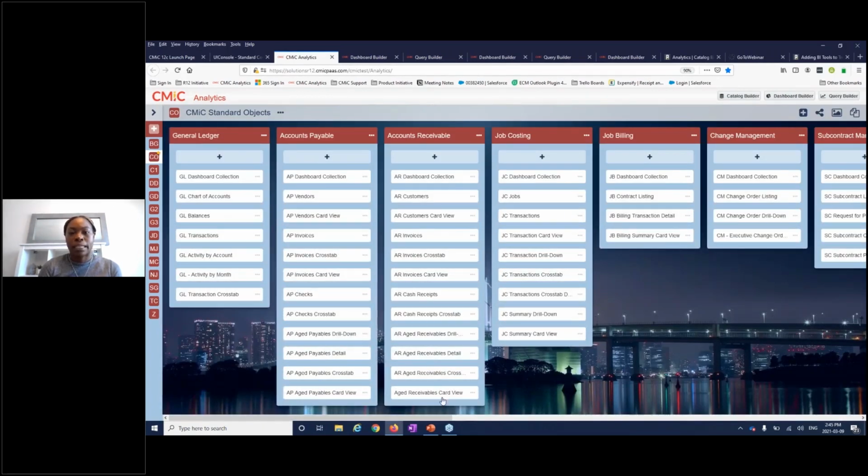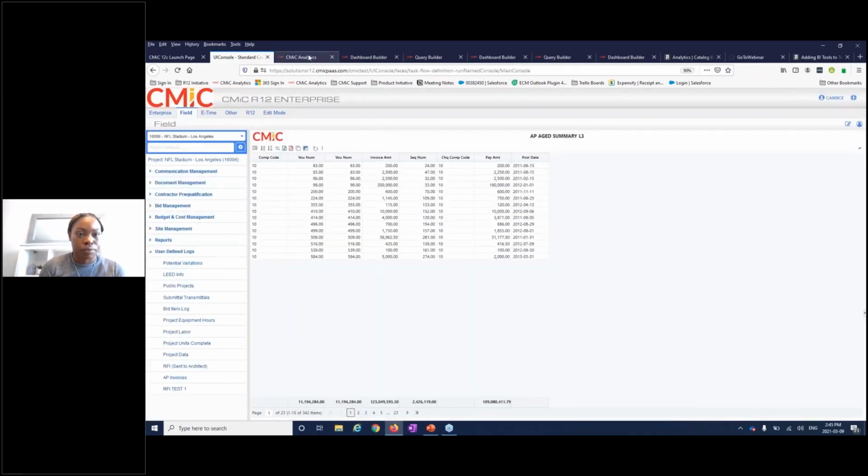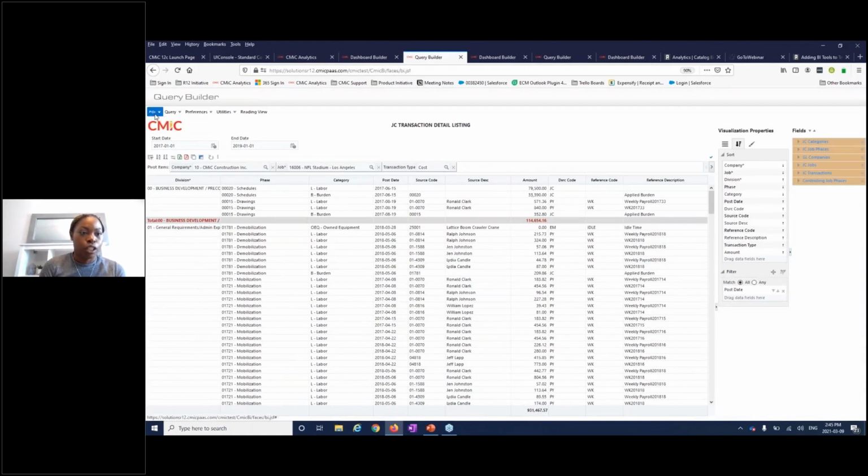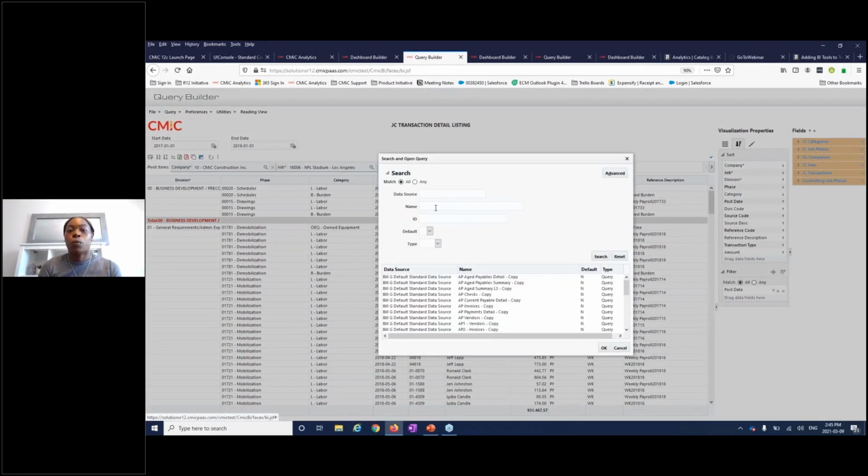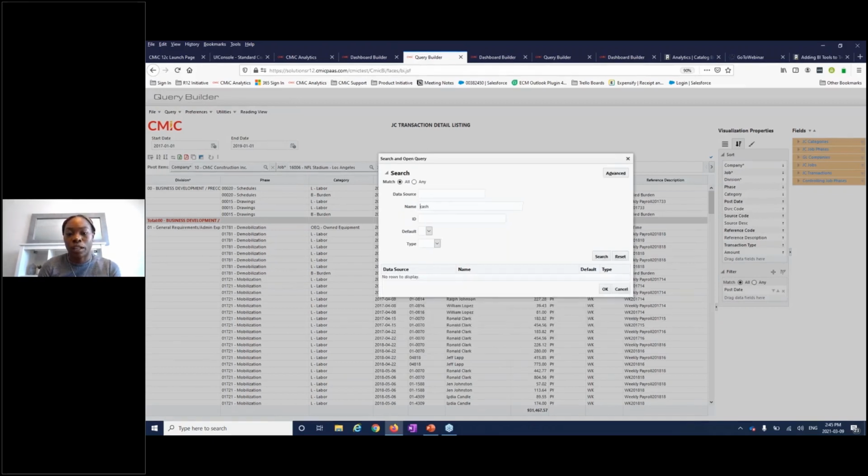We did have one question that came in, and it was related to cash flow reporting. So this will be the last item that I'll touch on before we get to Q&A, because I think it is very valuable. So let me just go in here. I was working with a client called Affordable Solar, and they wanted to do cash flow reporting in Cmic. A lot of clients have been trying to figure out what is the best way to do that within the system. So what we've done for Affordable Solar is, when it comes to cash flow, there's always going to be